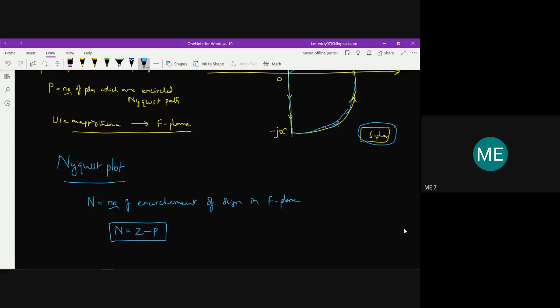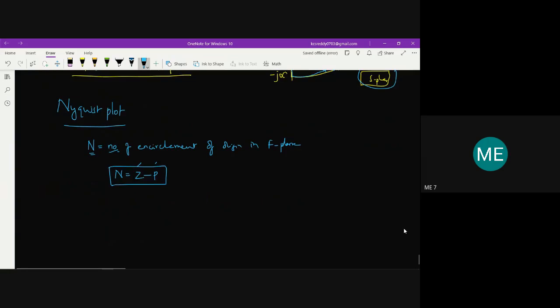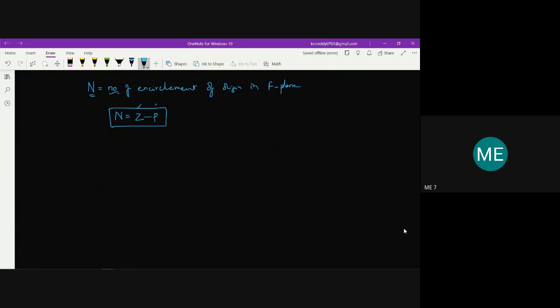Once we find out the number of encirclements of the origin, we know the number of zeros and the number of poles. So here N and P we know. N is obtained from the F plane, and P is also known from G of S into H of S, as we know the open loop transfer function. Then we can find out Z. Z is nothing but here